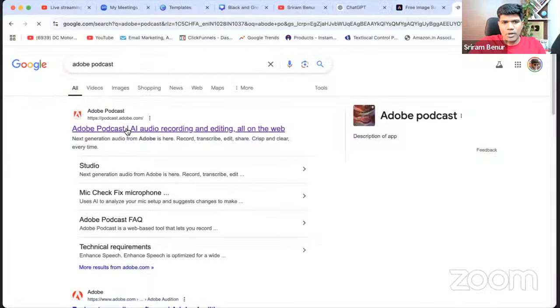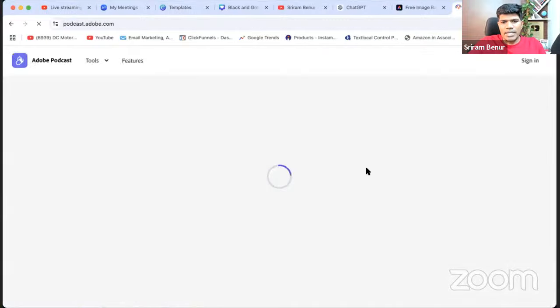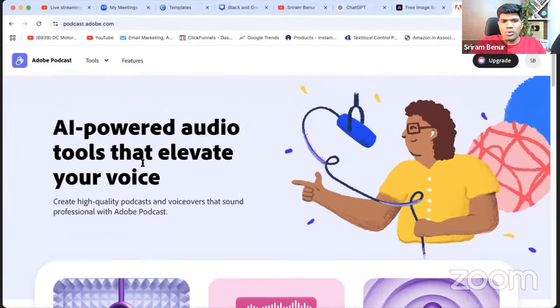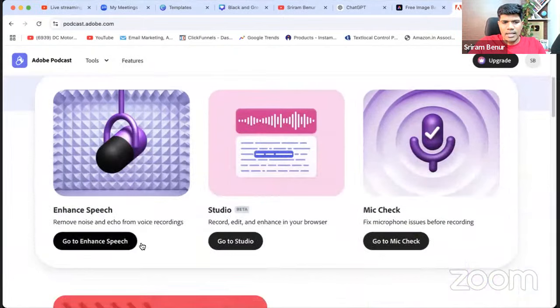If you see here, Adobe Podcast, go here. Upload your MP3 file here. AI-powered audio tools that will elevate your voice. Just click on enhance speech, upload your audio, and it will give you better audio quality as well. You can try this tool.